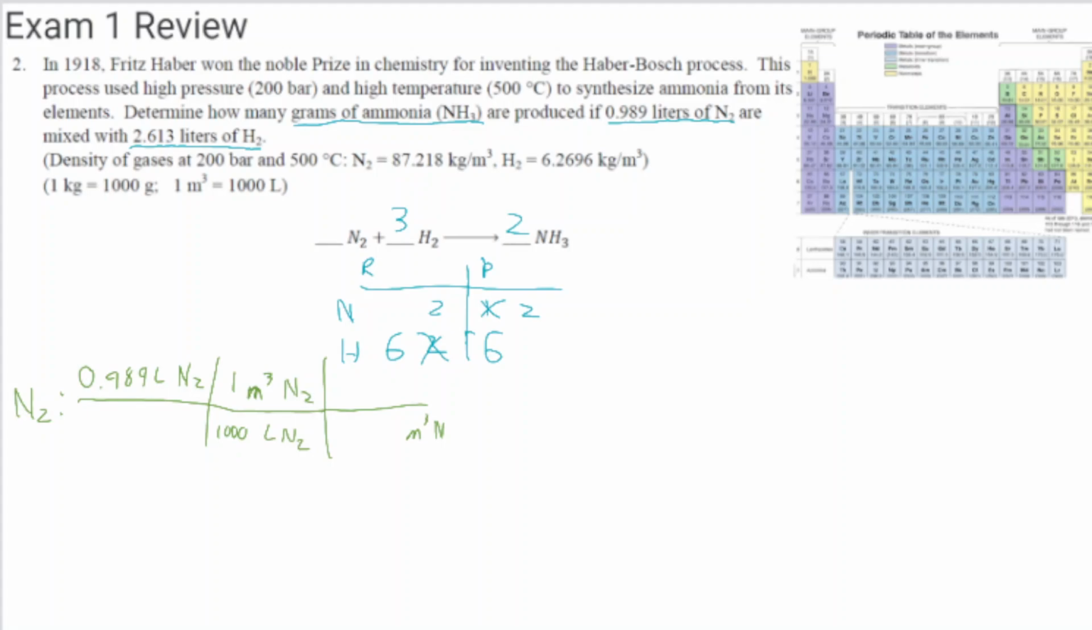All right, and so we're going to just break that up into a fraction. And so we can see for every 1 cubic meter of N2, we have 87.218 kilograms of N2. All right, now we're working towards trying to get to moles. Now, one thing that we can remember is we can always use molar mass. And if we look at our periodic table,